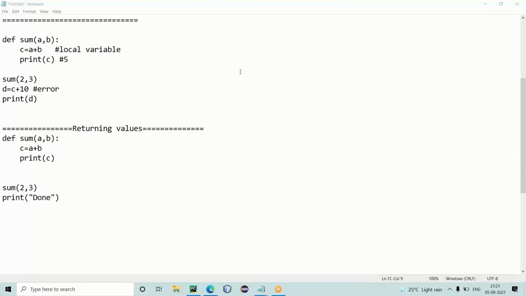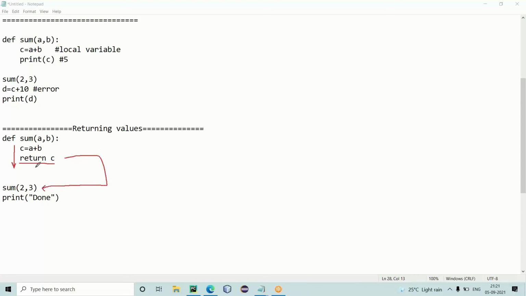Now what I will do, I will introduce a new keyword in the function. What is that? Return keyword. Return C. Please listen very carefully. We have discussed it like this: after executing the function, the cursor will go to the next instruction written after the call. But in the definition, if the return keyword is there, then after executing the definition, the cursor will go back to the calling place.